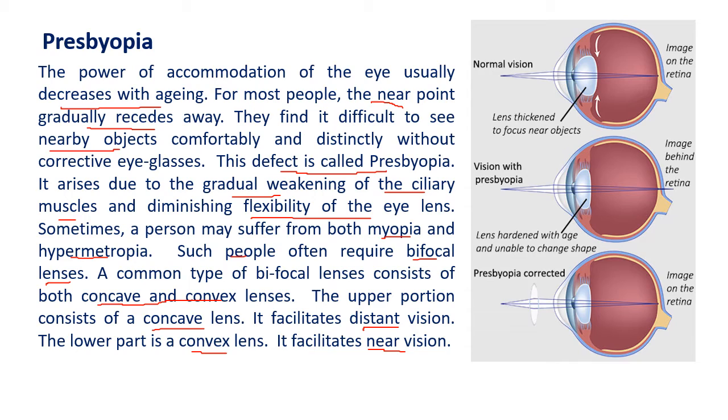Now presbyopia occurs, like we have seen, with aging. Yes, but today we see many youngsters also wearing glasses. Why? Because they have lost the normal vision. So there are some defects in the eye, and it is caused because of certain reasons. Vitamin E is very good for eyesight. Vitamin A is obtained from carrots.